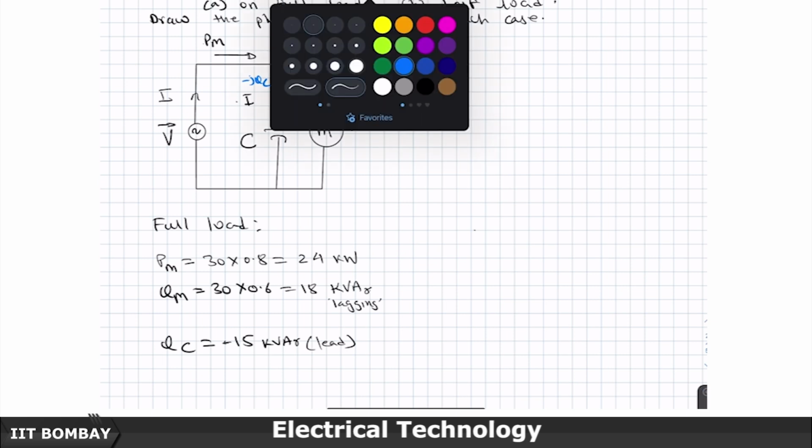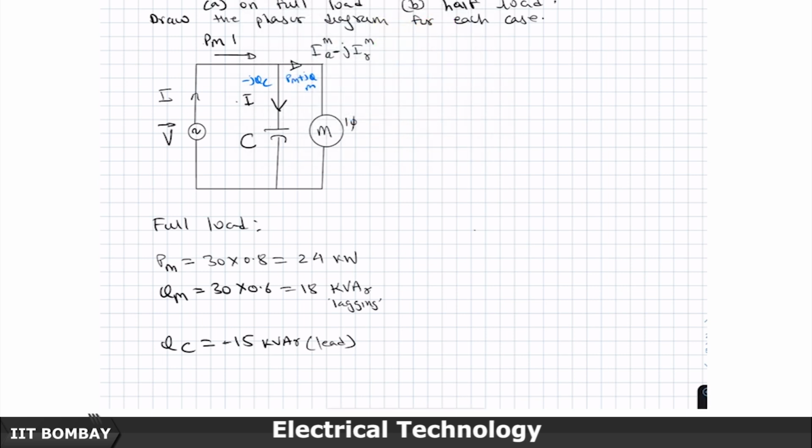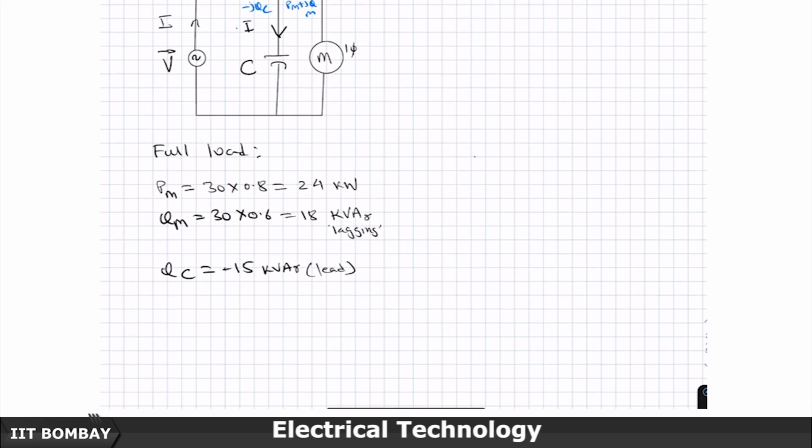So, therefore, what is coming here is PM plus j times QM minus QC. So, you get basically